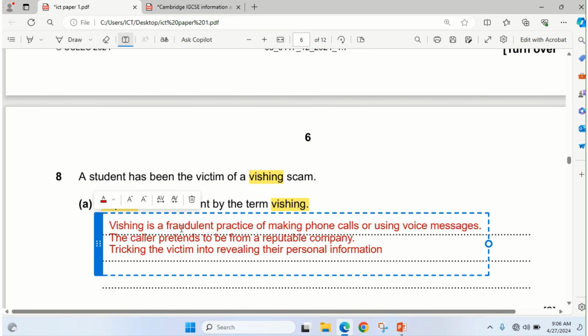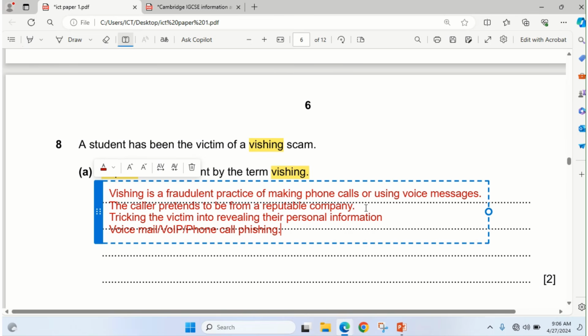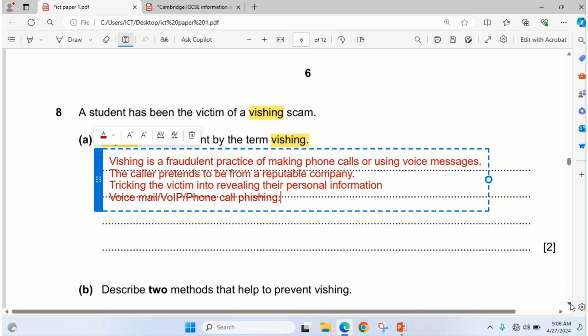You can also add that it is a practice of using voicemail or voice over internet protocol, or it's a form of phone call phishing, like I said earlier. So any of these is correct. Since the question is a 2-mark question, any 2 points from here will earn you the full mark. So take note of that. Then the next one is